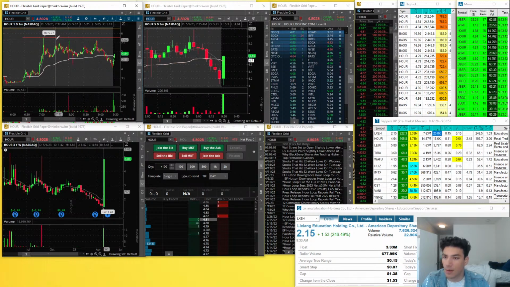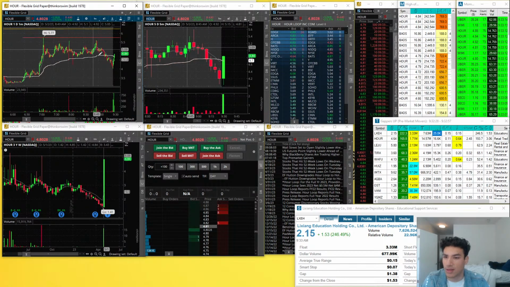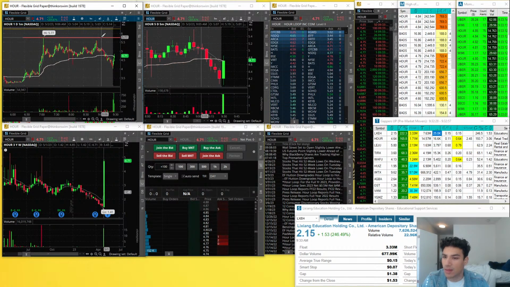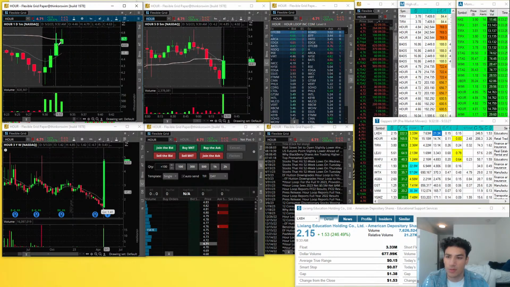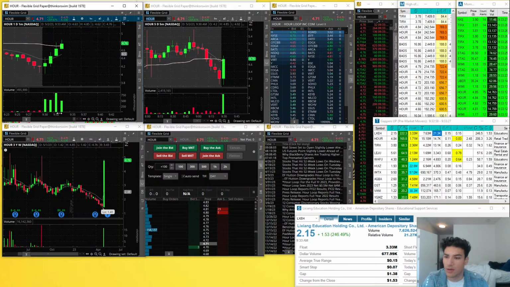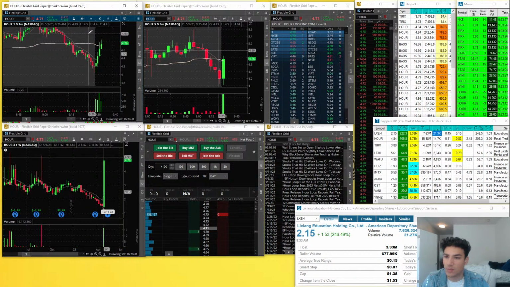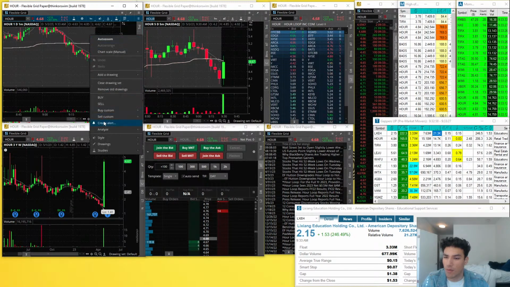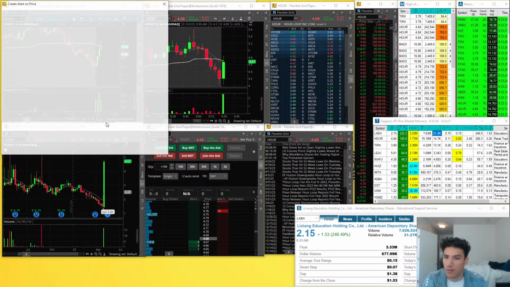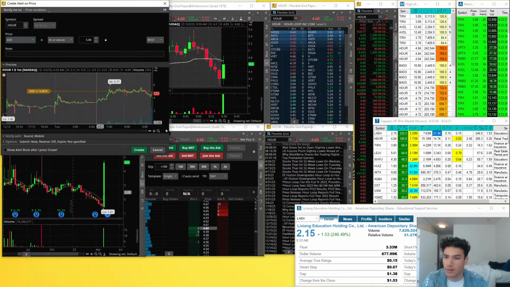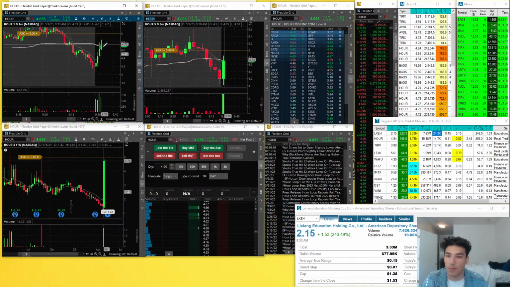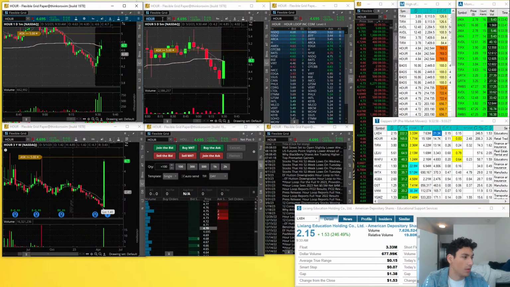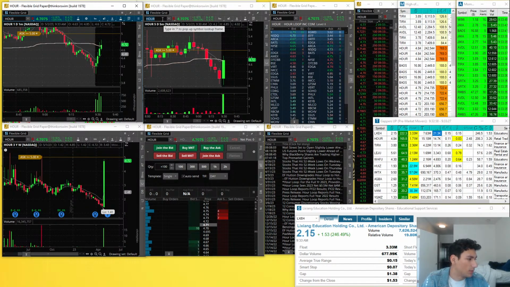So we have the high at 5.77, potential profit target at 6. However, I think that this could also be a profit target if we have some sort of resistance here. Realistically speaking, I'd like to see it go over 5 before I take a trade, showing me that there's something legit there and that we're not going to get reversed right here. All right, what's next?